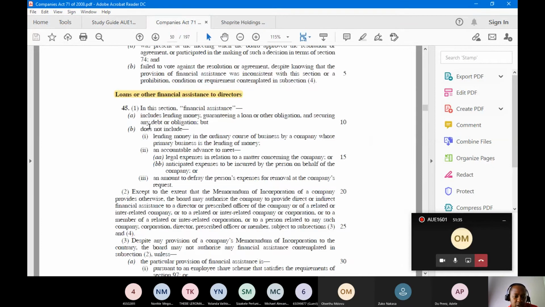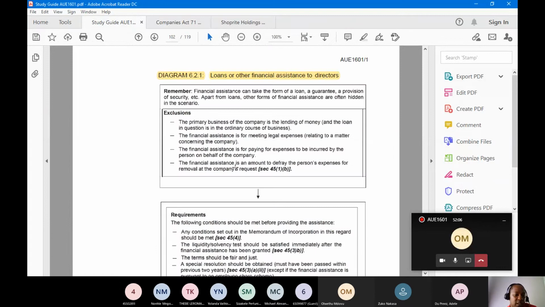Okay, so actually it's the whole point B, section 45(b). So it does not include lending money in the ordinary course of business by a company whose primary business is the lending of money, an accountable advance to meet legal expenses in relation to a matter concerning the company, or an anticipated expense to be incurred by the person on behalf of the company, or any amount to defray the person's expenses for removal at the company's request. So basically what we've covered here. So those are all excluded, meaning that you cannot ask for a loan or financial assistance for any of those